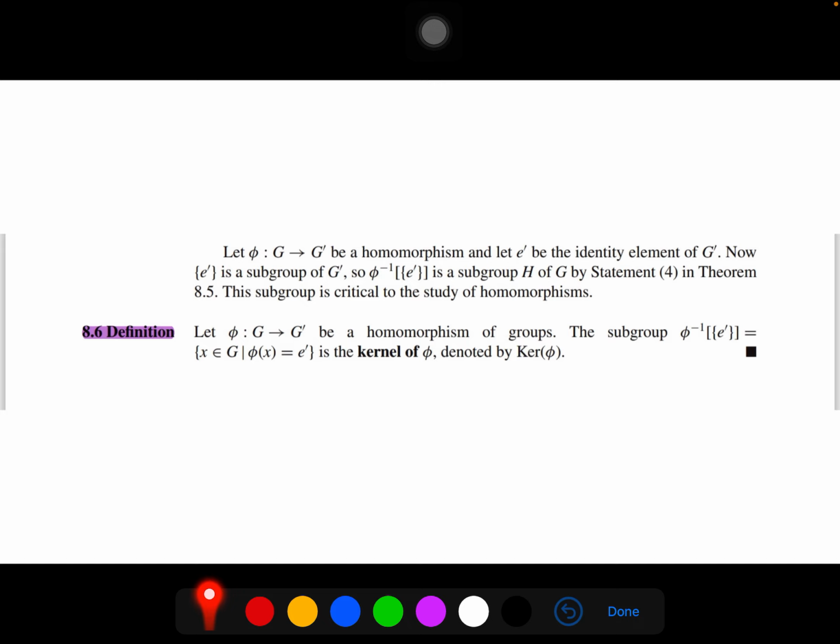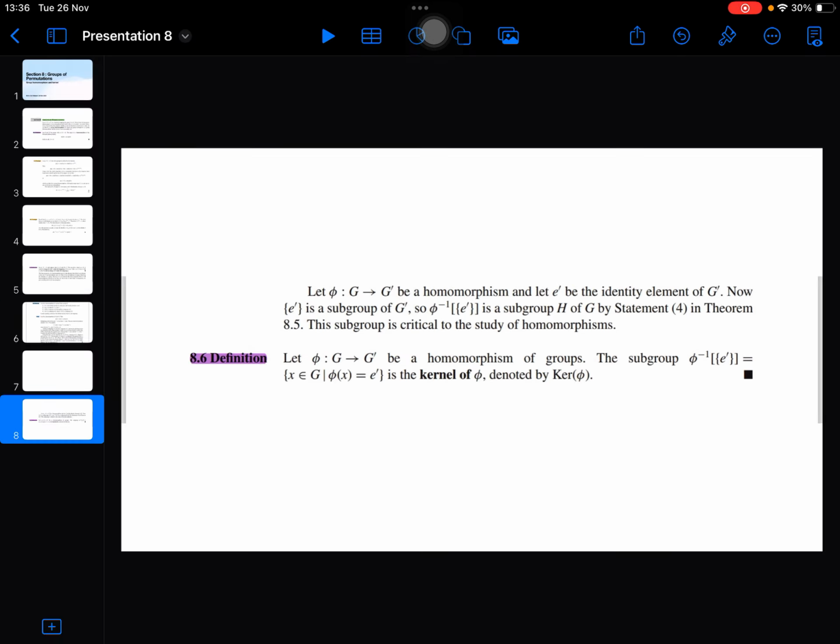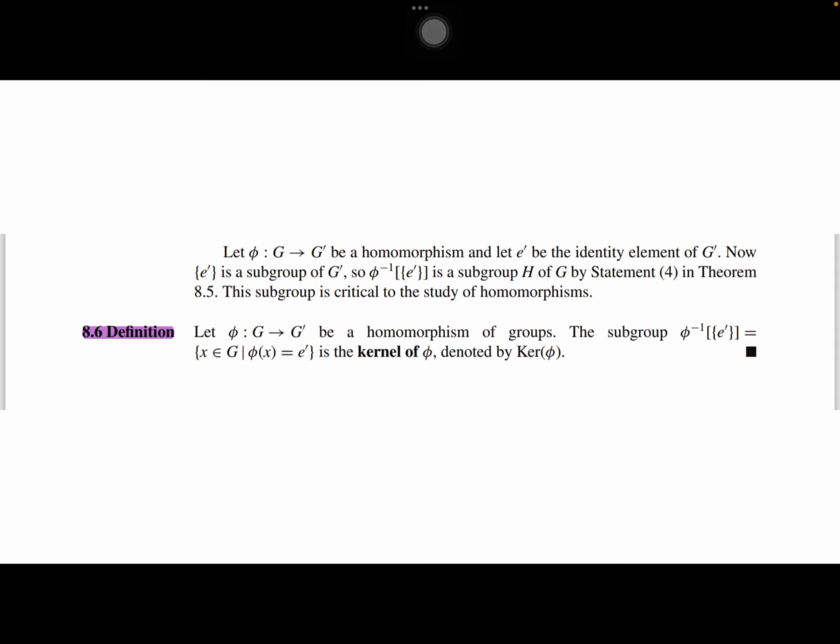Okay. So that's the definition of kernel. If you want to have a quick example of kernel, we will see the example in the next video, but if you want to query a little bit by now, we have seen